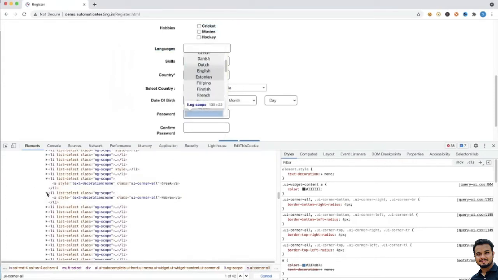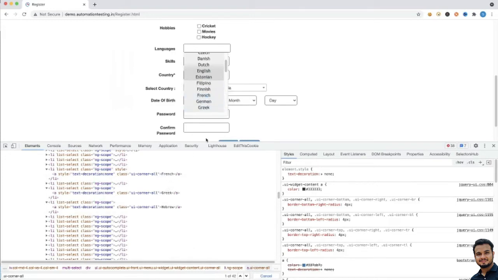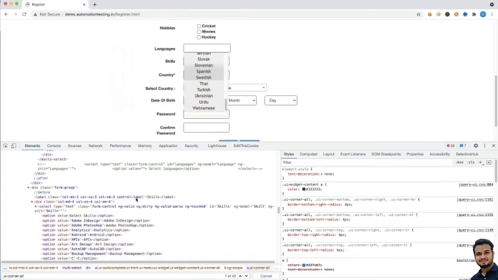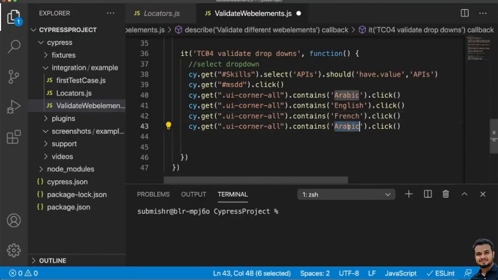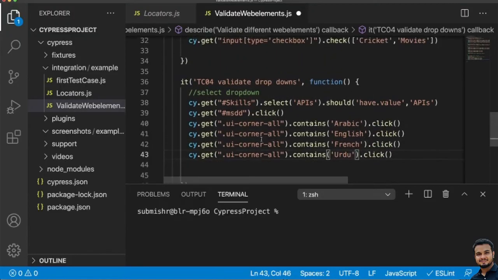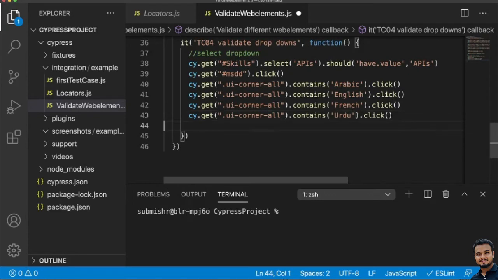Similarly, if you want to give this Urdu, you can give it at the end, right. See, Urdu is there, this also you can give. So this is how you can select all these things.